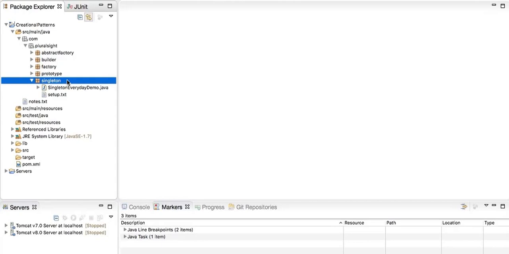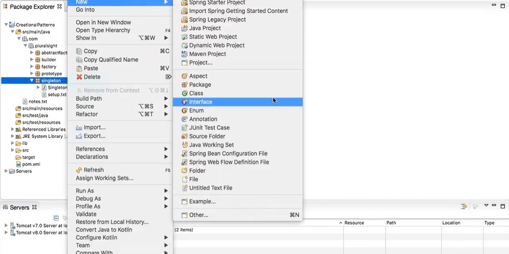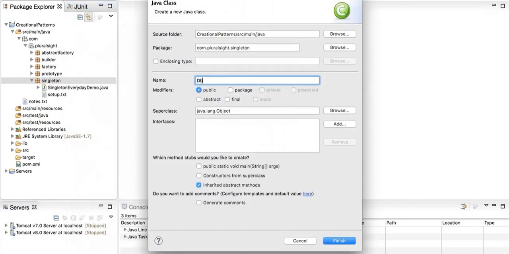We're going to go ahead and create a singleton to manage access to who can create connections to a database and where they can create them at. Let's right-click on our package com.pluralsight.singleton and say New Class. We're going to name this class DBSingleton